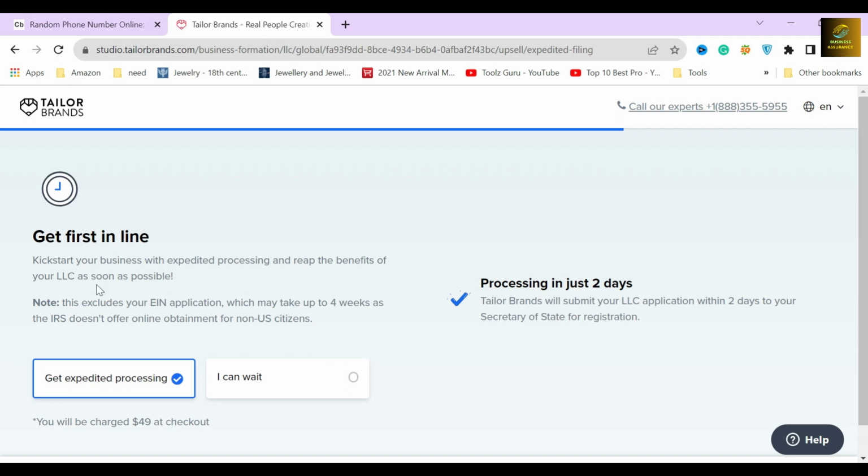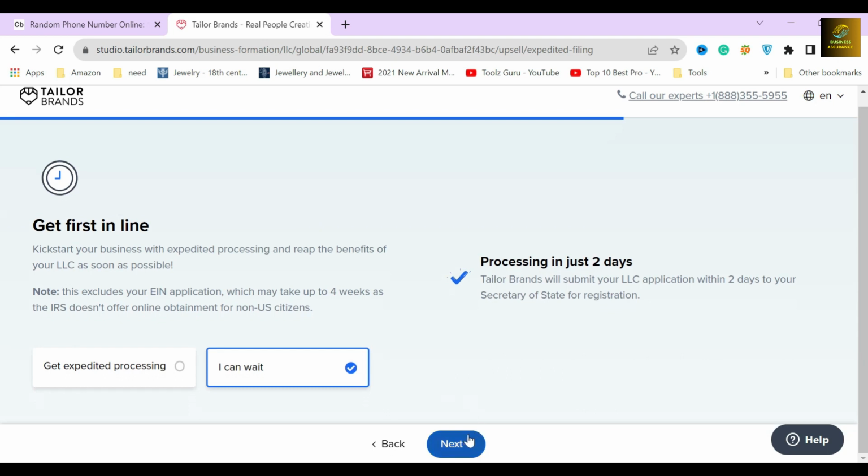In the next section, they will ask you whether you want an expedited filing service or not. Normally, if you form your LLC through them, the typical waiting time is about 4 weeks. But if you select this service too, then they will process all your documents and legal formalities within 2 days and file your LLC for an additional $49. Since I don't need this service, I will just click on the I Can Wait button and move on to the